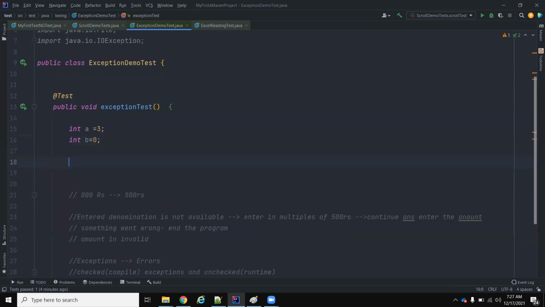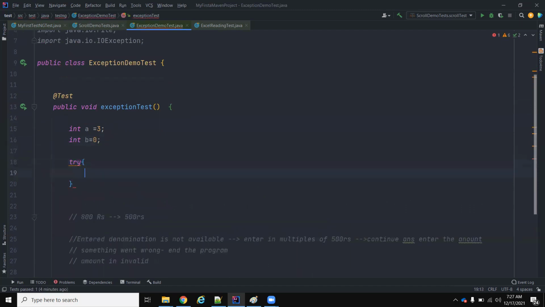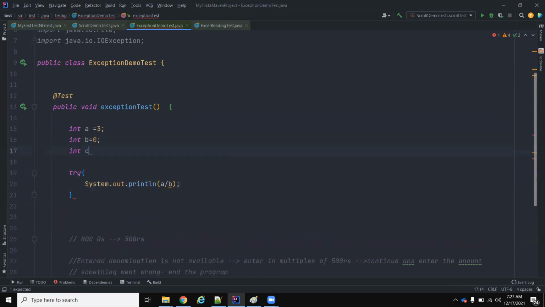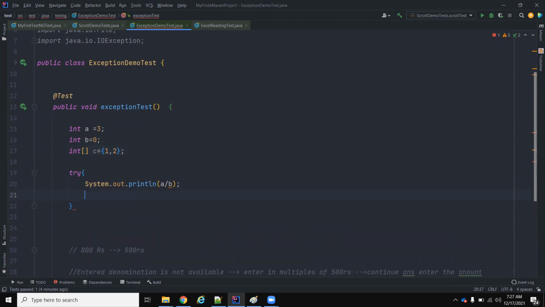Here I write a try block and mention a by b, and there is also one more thing: int array c equal to 1 comma 2, and I'm also trying to print